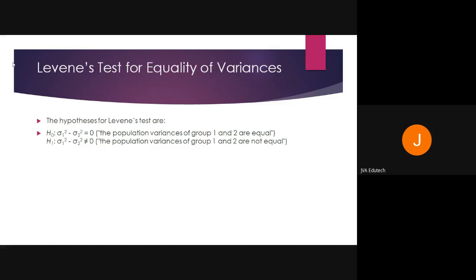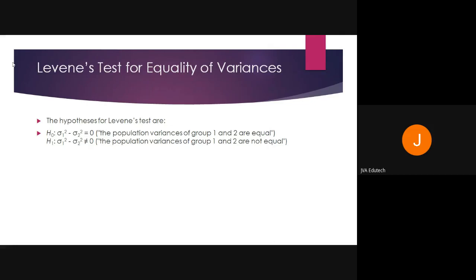That is the first assumption, the null hypothesis: the population variances of group 1 and group 2 are equal. And the second hypothesis is that the population variances of group 1 and group 2 are not equal. So in the first case, you are saying that equal variances are assumed, which means there is